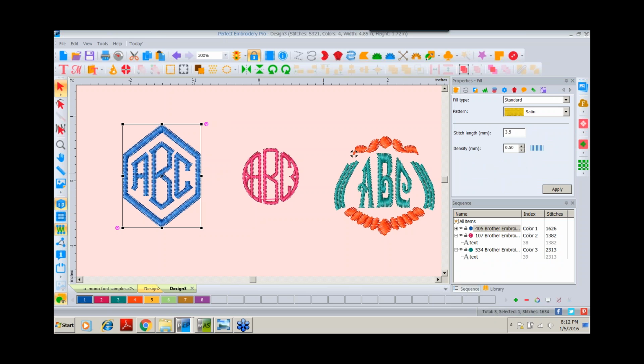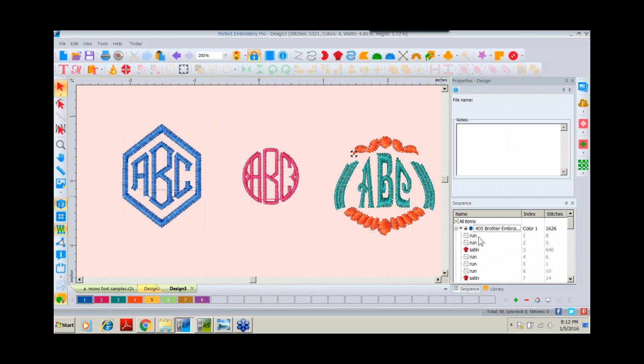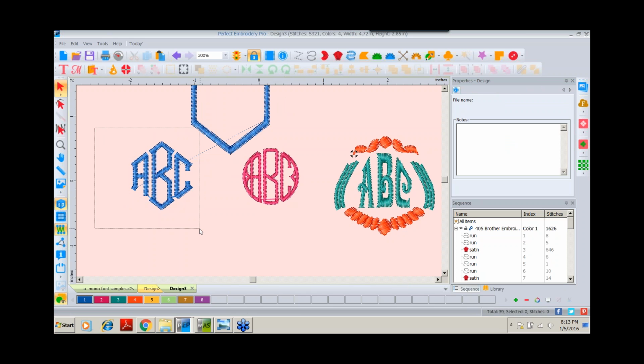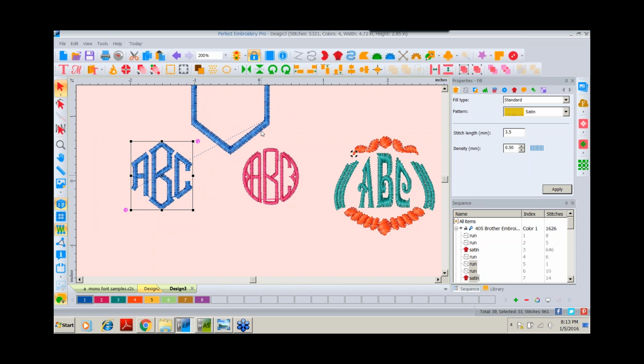I'll click on that. We don't see anything really happen on the screen, but if you come back over here under Sequence and click on the plus sign, you see lots of run and satin stitches objects to this particular monogram with the Décor. So we indeed have done the Break Up Text. However, the first thing I would do is I would click on my Décor, move it out of the way so that I could select my 3 characters again